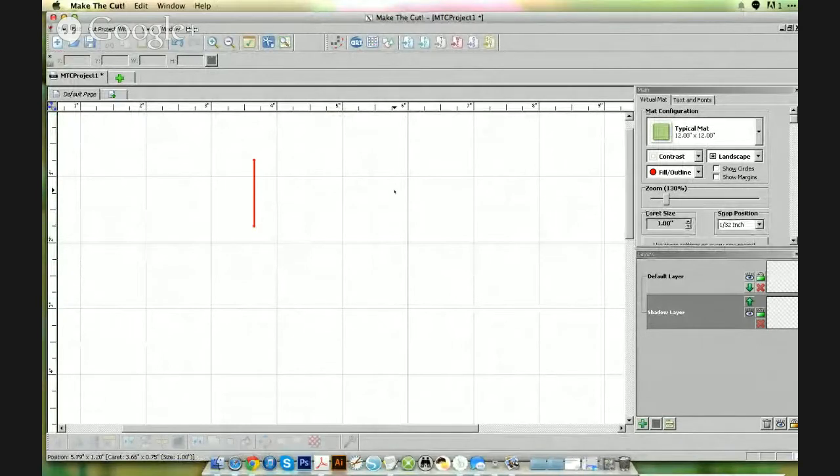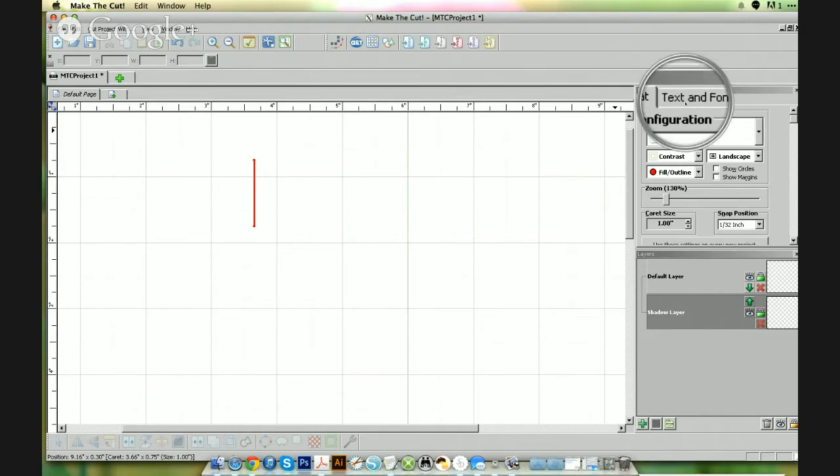Okay. What we're going to do is create some doilies using a basic shape and a font. So what I'm going to do first is, can you see my screen? I'm using Make the Cut for Mac because I was still having issues with the resolution. I thought you were in like a Windows XP, because I don't see any coloring like I'm used to seeing in there. Okay. I'm going to go to the text and fonts,